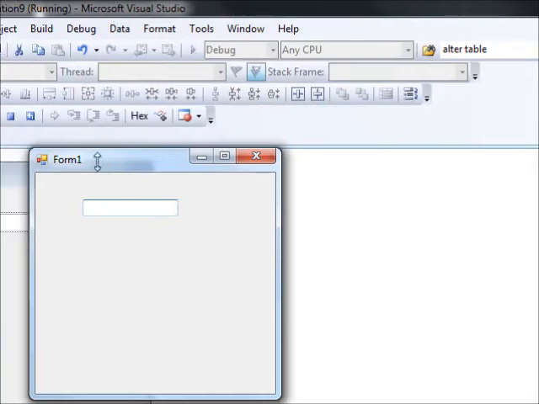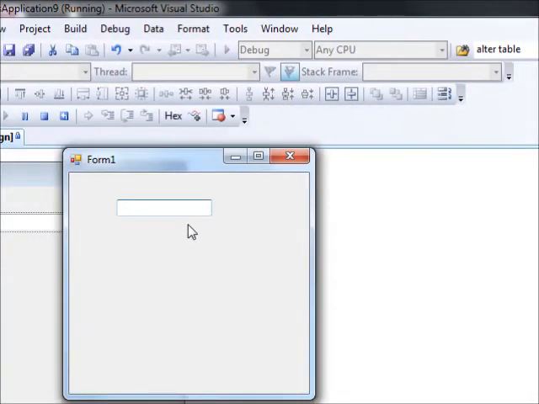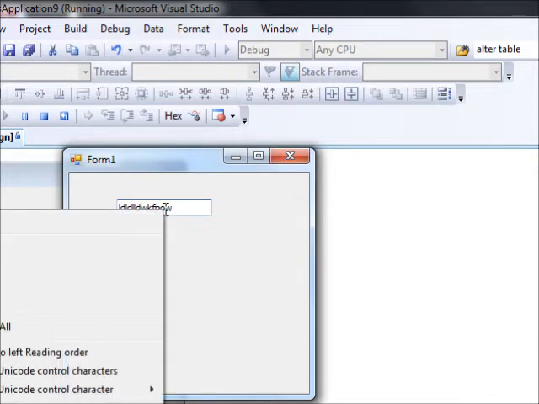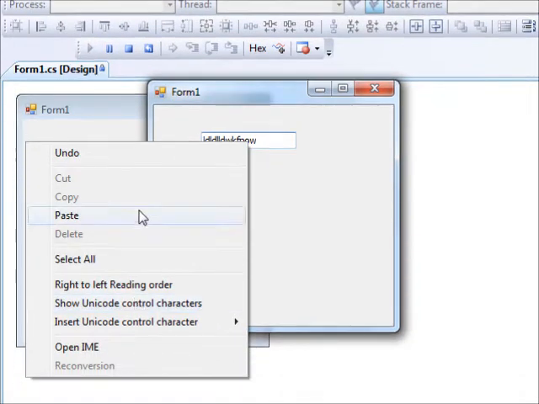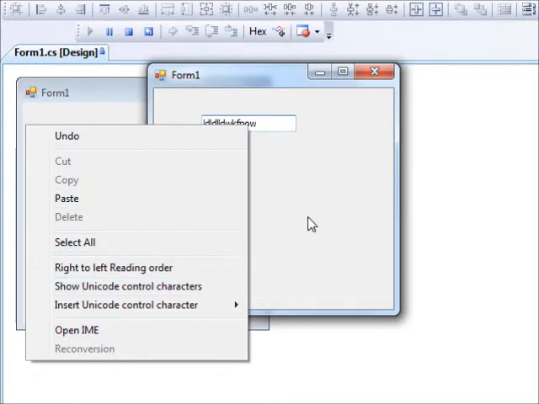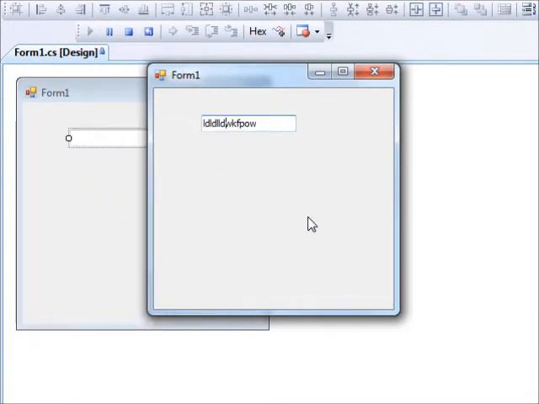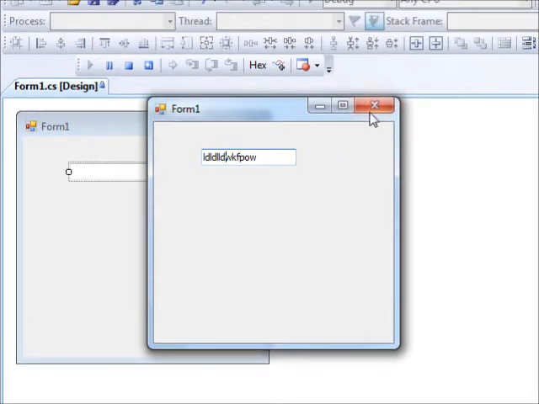And this is the text box. I can write something into it, no problem. I can select part, I can delete, I can right click, I can do paste and select all, etc., which is very straightforward, very easy. Okay, so far so good, right? Now if I want to press enter, it doesn't allow me simply because this is a single line text